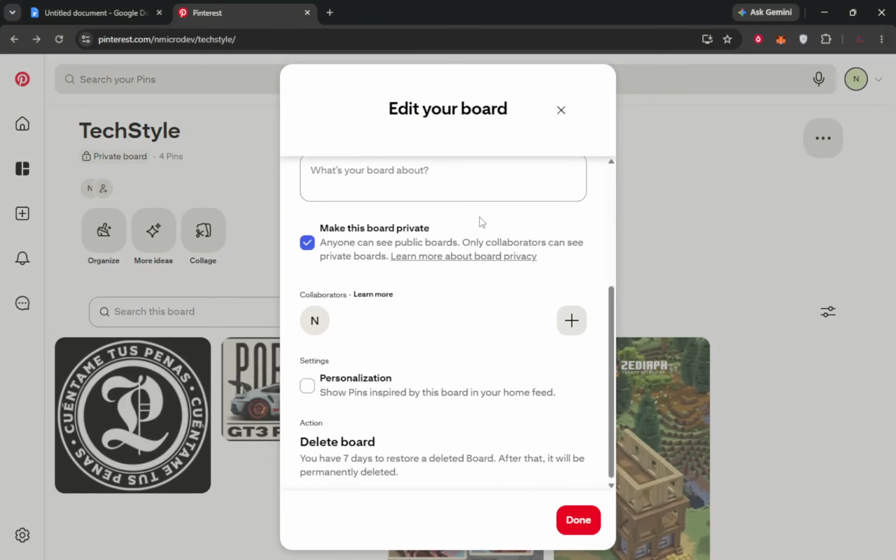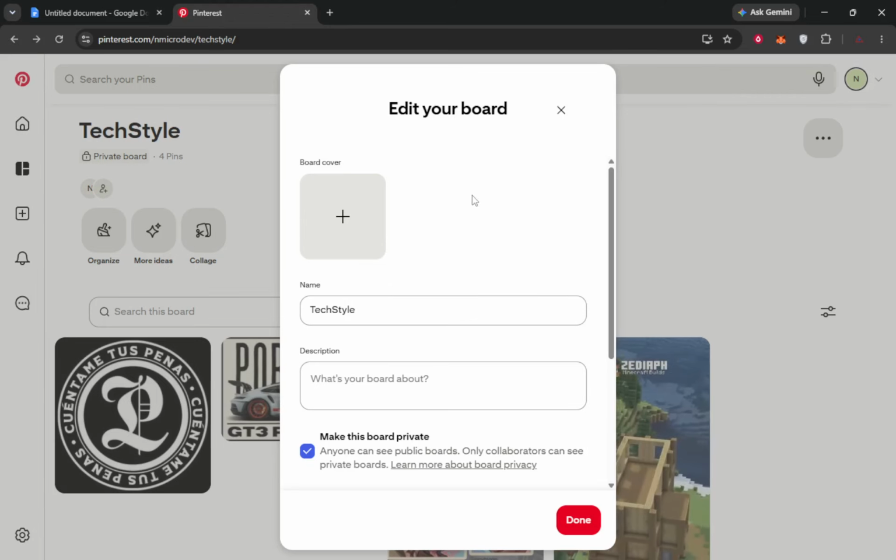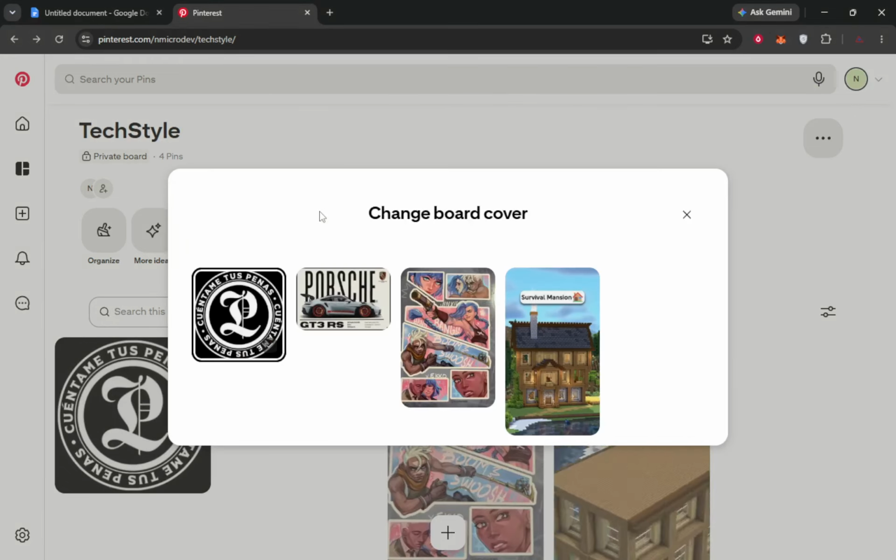It might appear as a small thumbnail with the word Cover, or a labeled button that says Change Cover. Some versions place it near the top of the edit panel, others slightly lower, but it always stays within the board edit area. If you do not see it at first glance, scroll a little in that same panel before assuming it is missing. Once you have found it, choose an image from your existing pins or upload or select an image if the option is available.